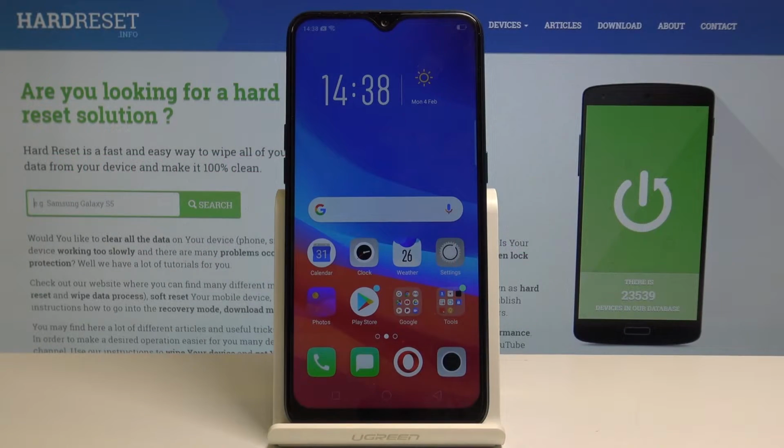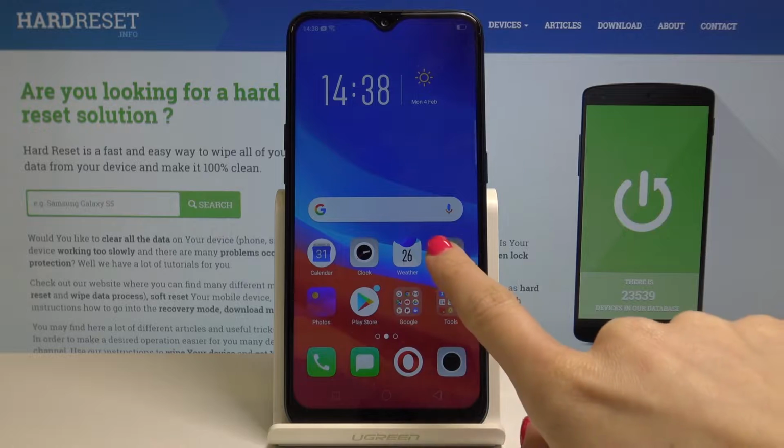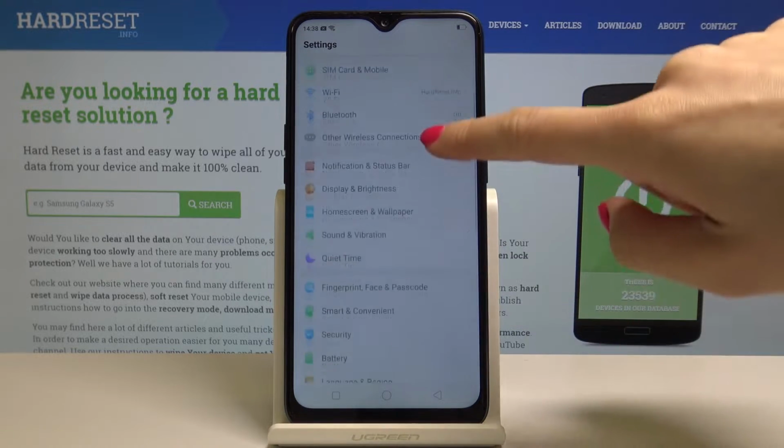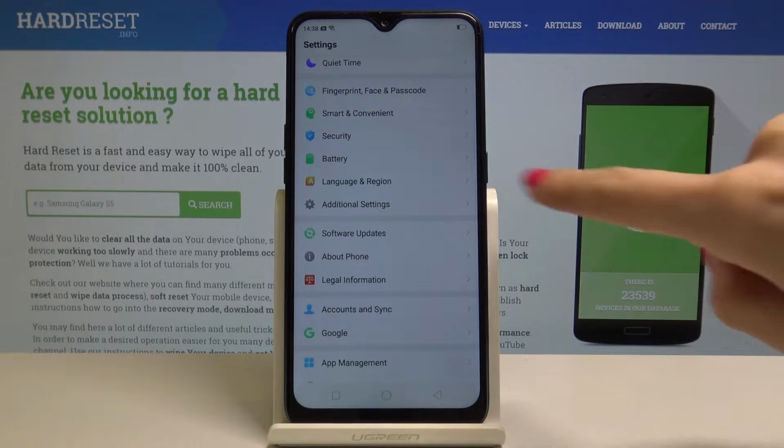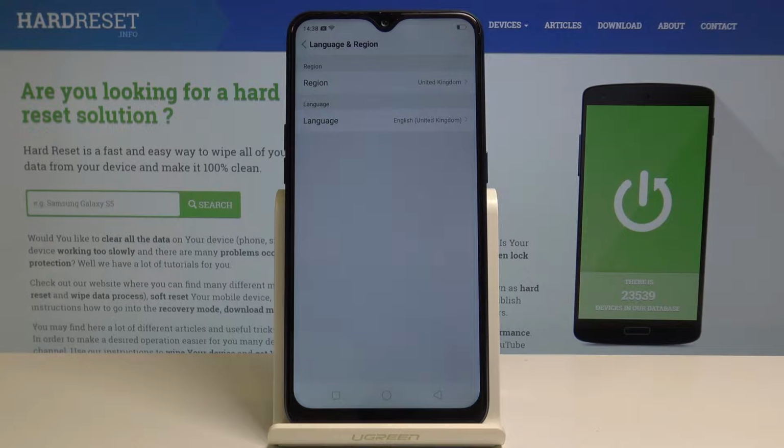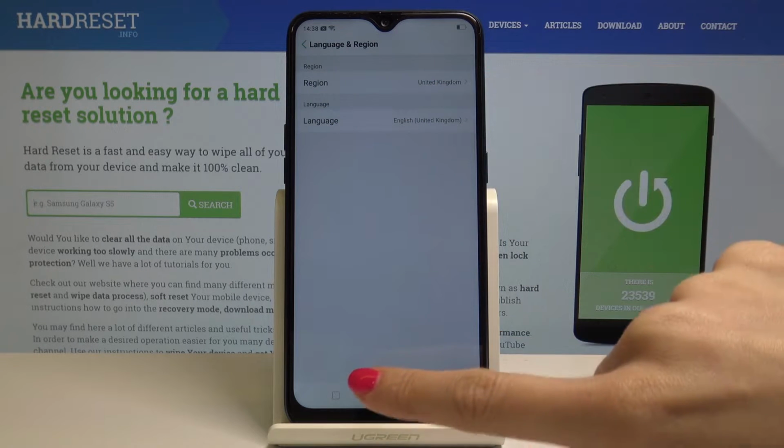Here I have OPPO AX7 and let me show you how to change language on the following device. So at the very beginning, you should open the settings, then find and select language and region. And now, by tapping on language, you can select one